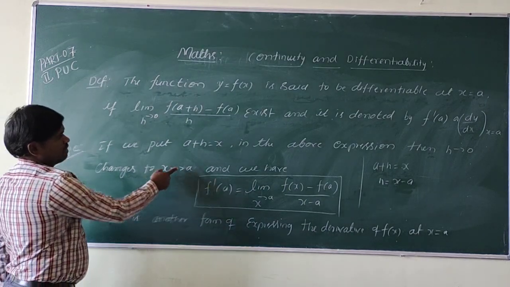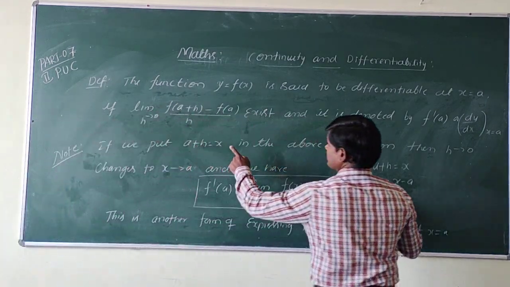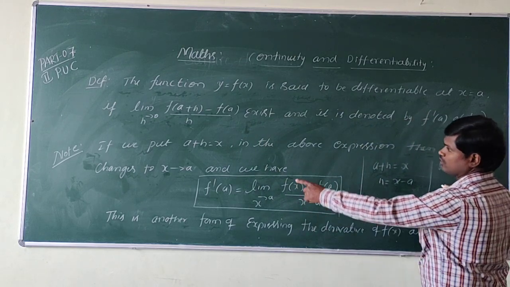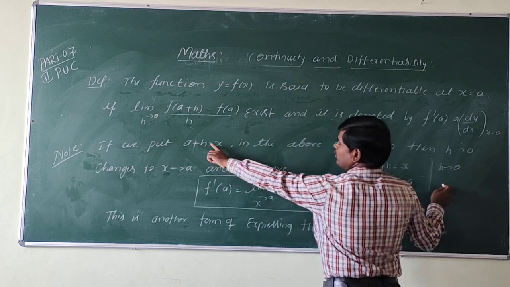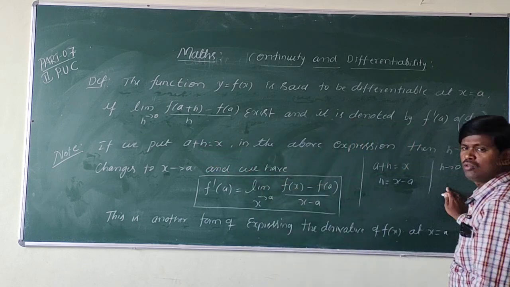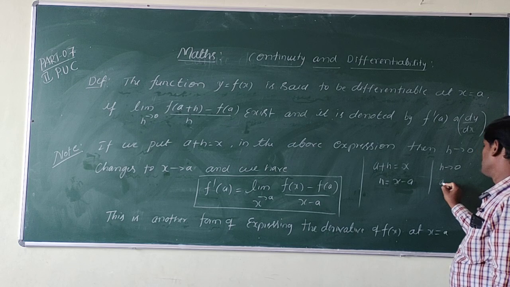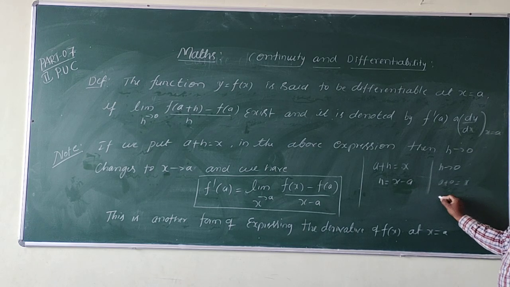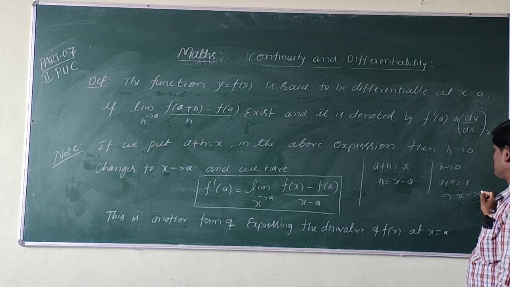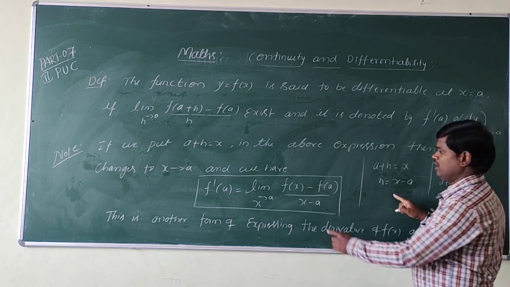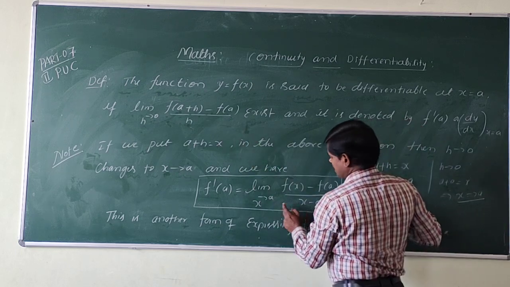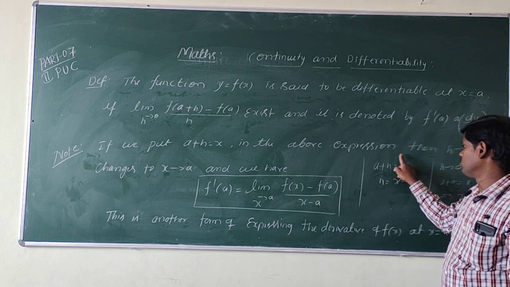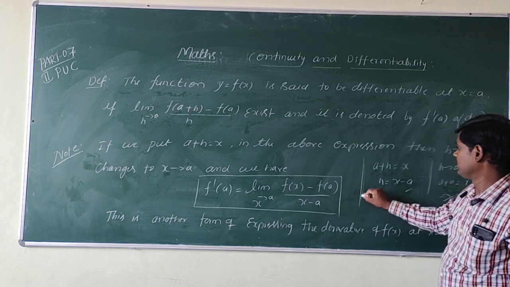So how does x tend to a? It's very simple. h tends to 0. So if you put h equal to 0 in this equation, x is almost a plus 0, and a plus 0 is equal to x. Actually x is not equal to a, so this implies x tends to a. And here h is the limit x minus a. How? a plus h is equal to x, therefore h is equal to x minus a. So take it to the side.